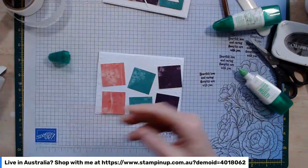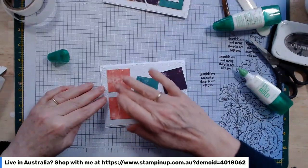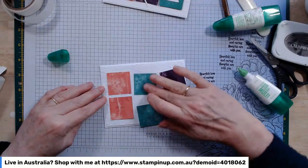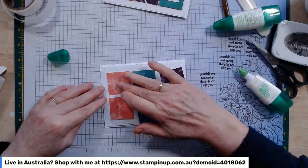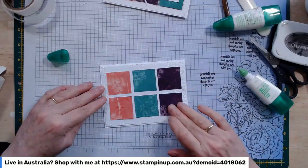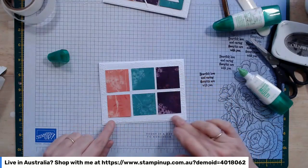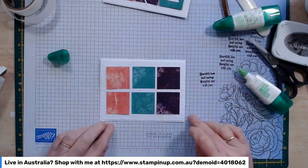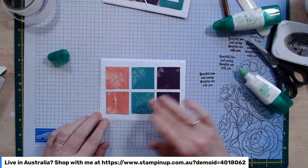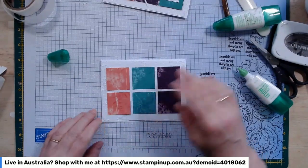There we are. Okay, so what we're going to do is position these so that they form almost like little windows in your card. So we want them to fit evenly across the card, with the same distance top and bottom, and the same distance left and right. So have a little play, bring them in, just a little bit of a fiddle, just to make sure that you know where